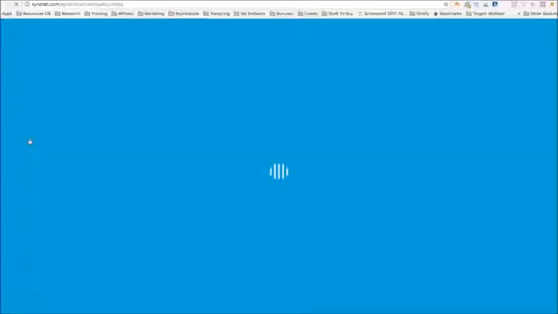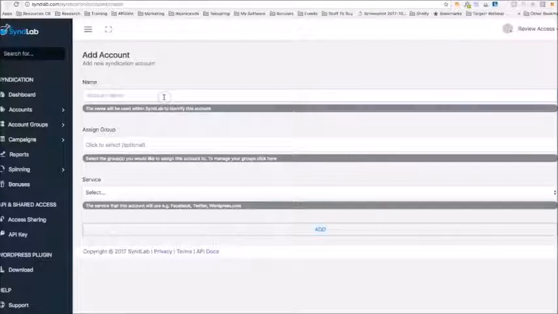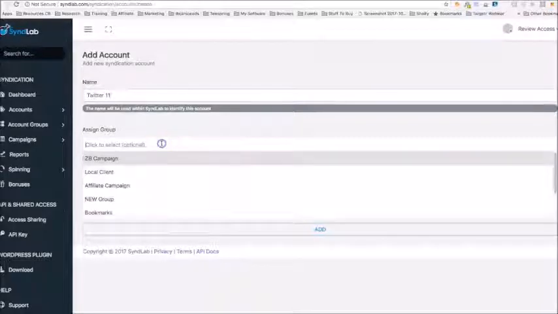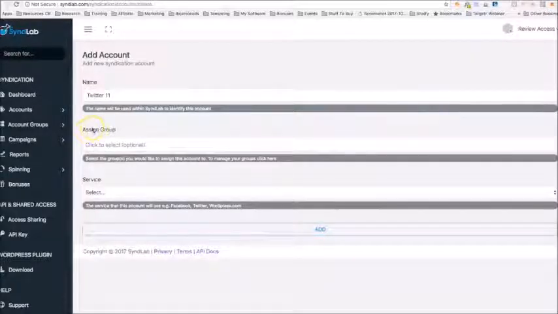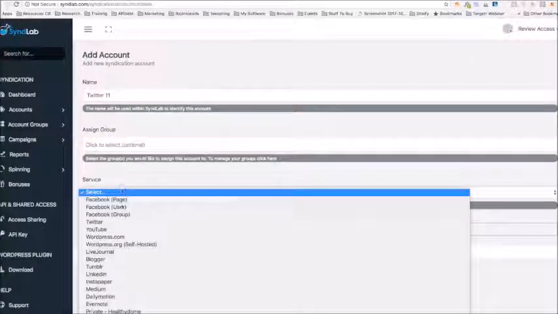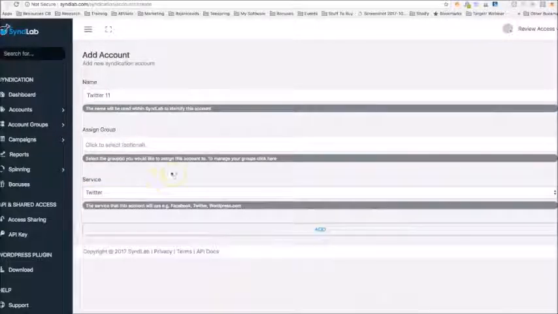Come here to add account. Now, depending on which service you're adding, the way that you integrate is going to be different. Okay, here you can assign it to a group as well. So when you select the service, it's either going to be one-click authorization, like you normally see when you authorize an app to be able to access your account, or you just add the username and password like you would